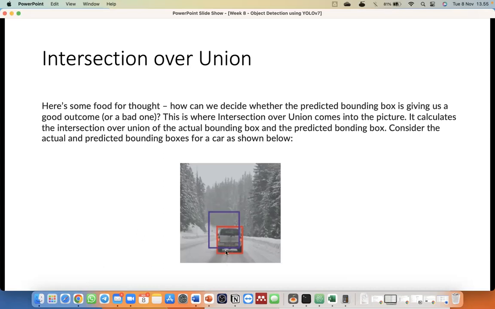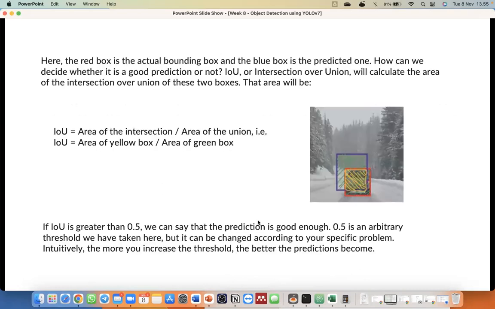For example, here the purple rectangle, the purple bounding box, is the predicted bounding box from our YOLO or from our object detection algorithm, and the red rectangle represents the actual object position.